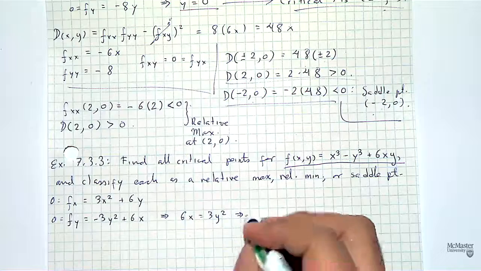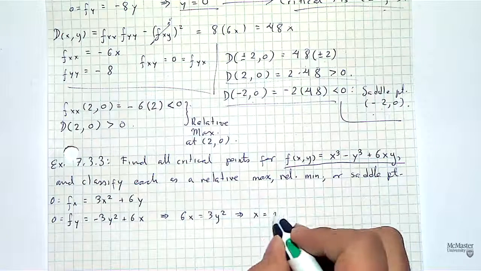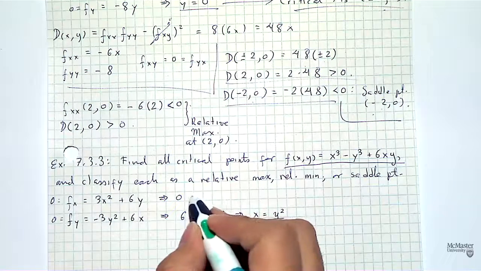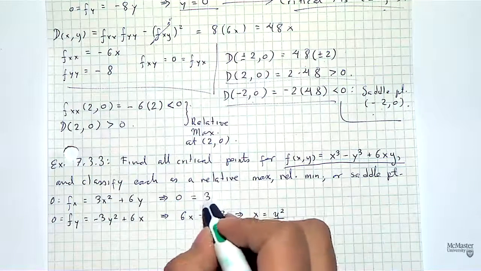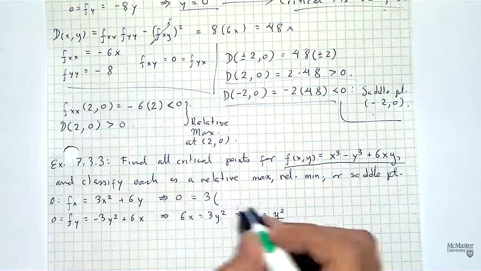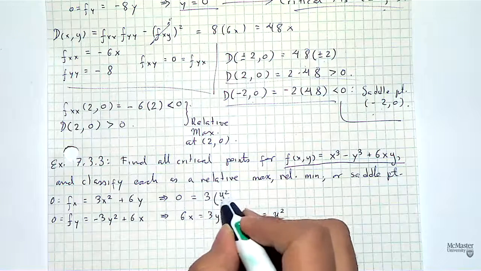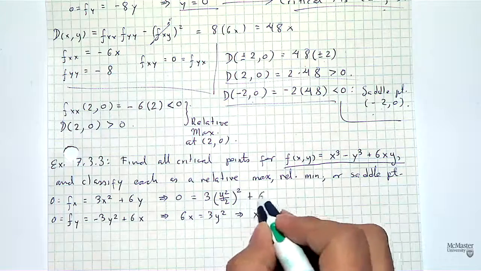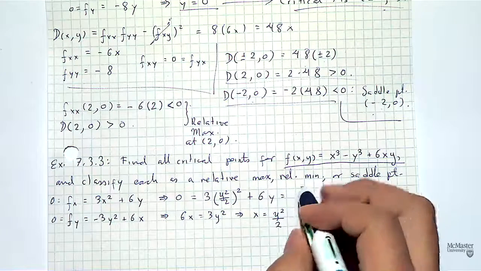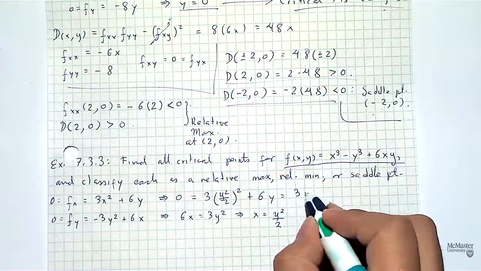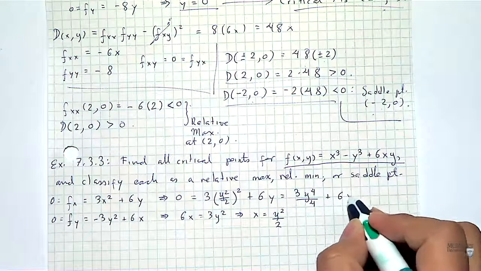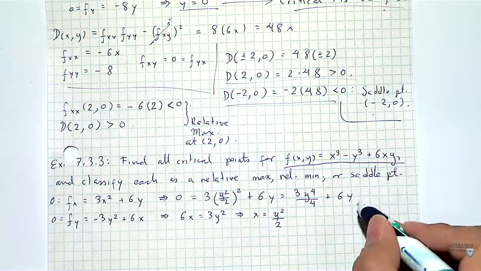So you have x equal to y squared over 2. Then you can plug it back in here, for example, that would mean that 0 is equal to 3 times x squared, but we know that x is equal to y squared over 2, which is squared, plus 6y. So you have 3 times y to the 4th divided by 4, plus 6y, and all this is equal to 0,